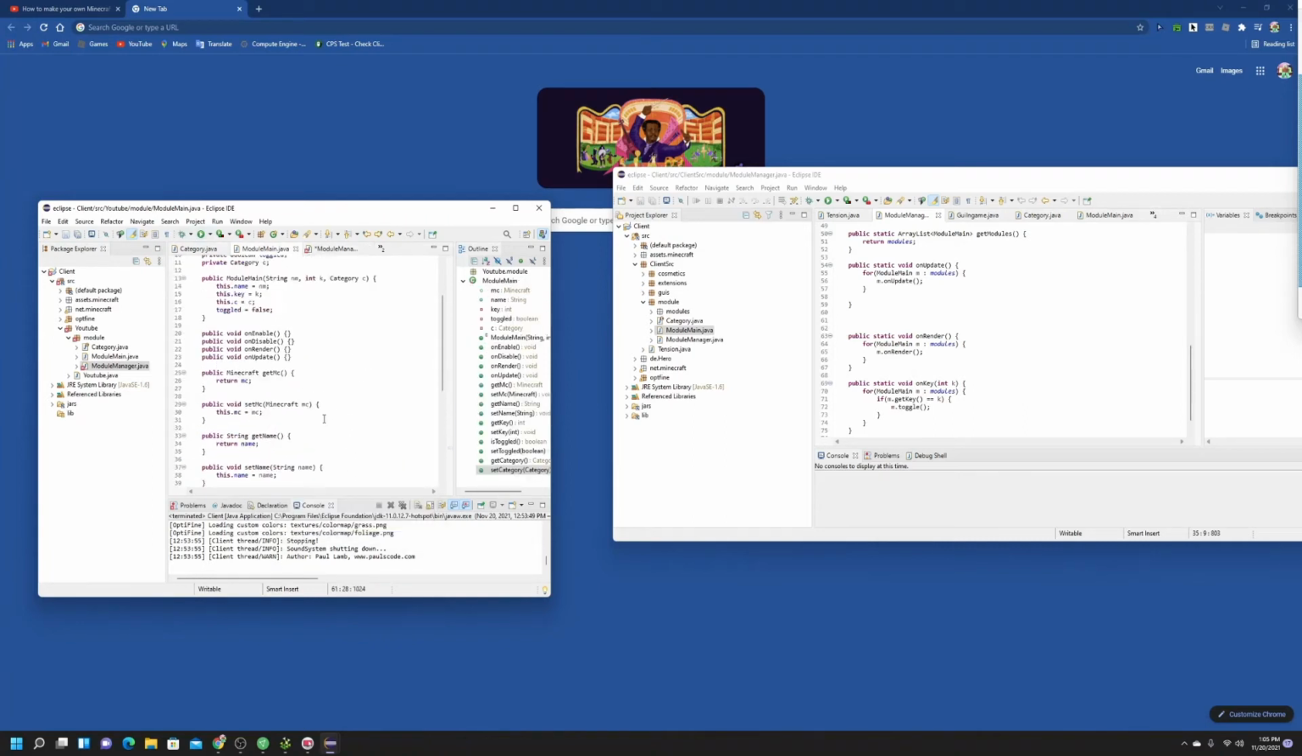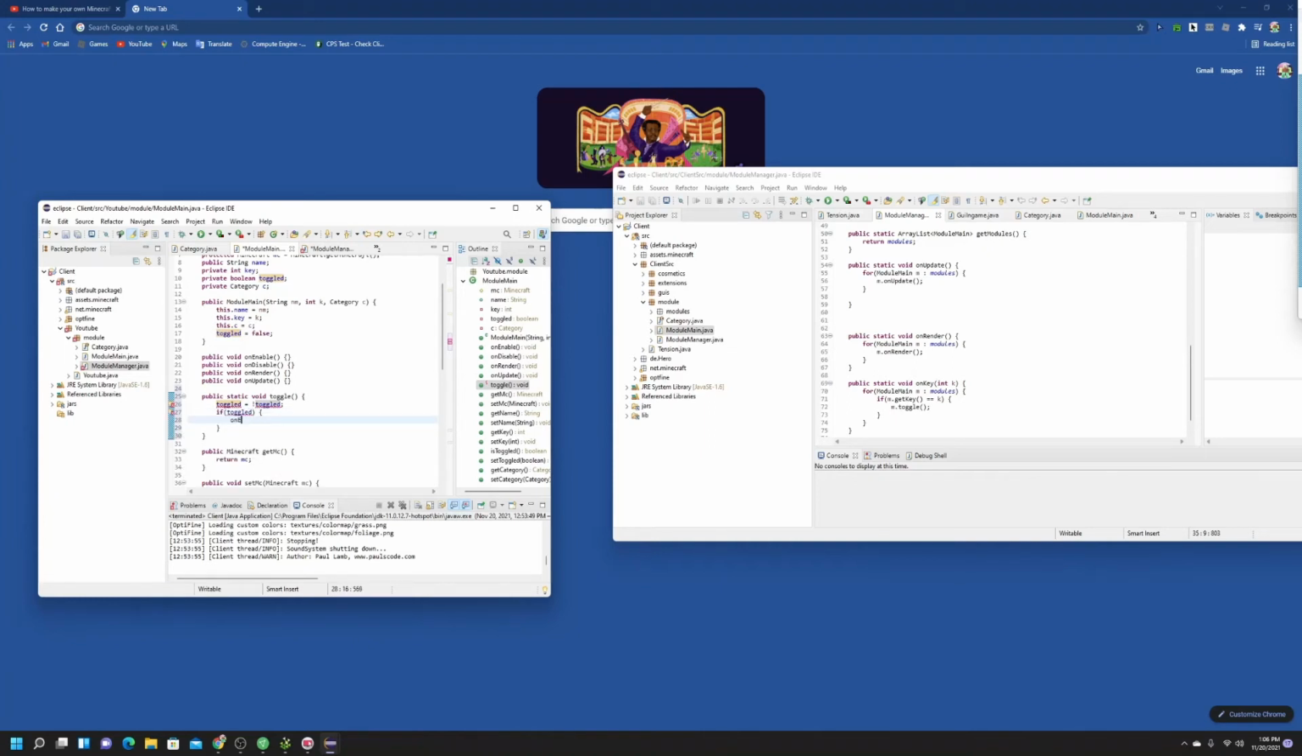Wait. Oh yeah, and I forgot. We have to do public static void toggle. So we can do toggled equals not toggled. If toggled, then on enable,